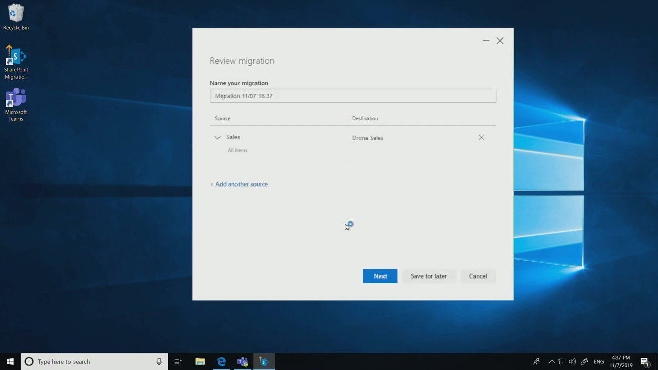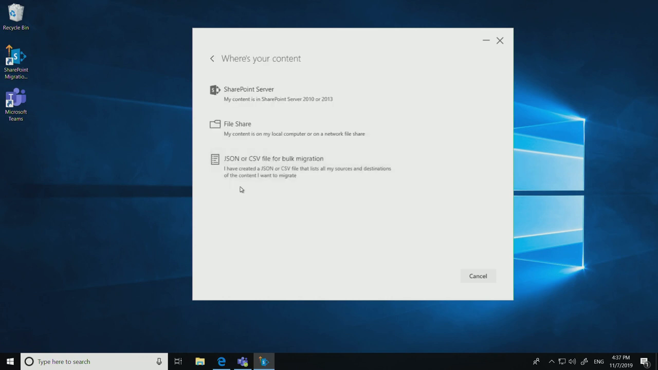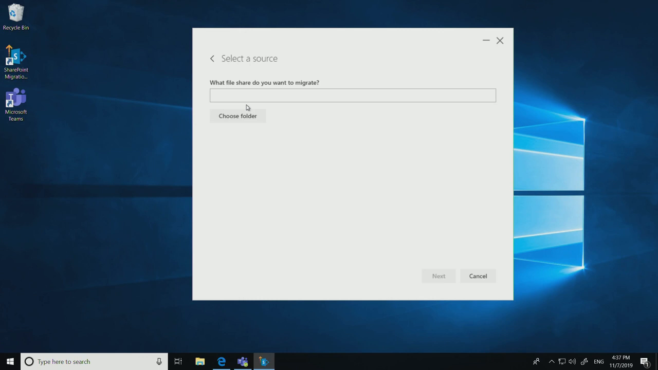In the next screen, I get to review my migration task. I can give it a friendly name if I need to. I can verify my source, my destination. I can proceed forward, or I have a choice to add another task. In this case, I would like to add a file share migration task. I track my contracts on a file share, and I want to move that also to the cloud. So I'm going to put,